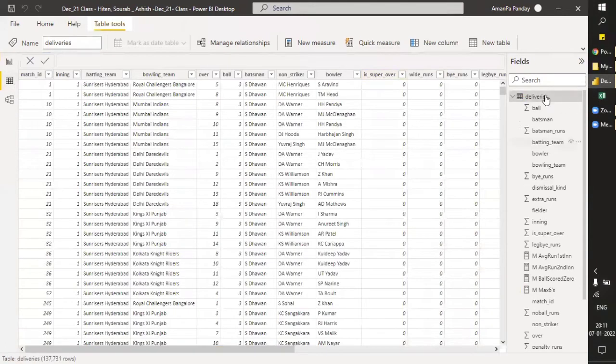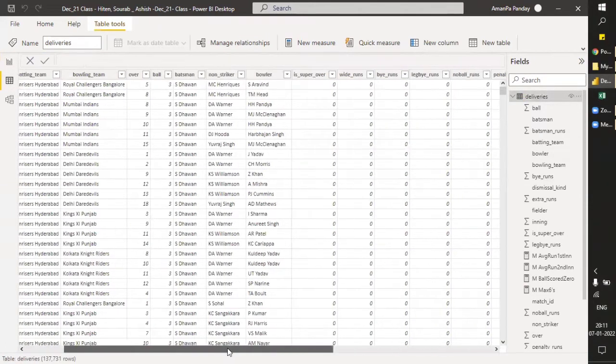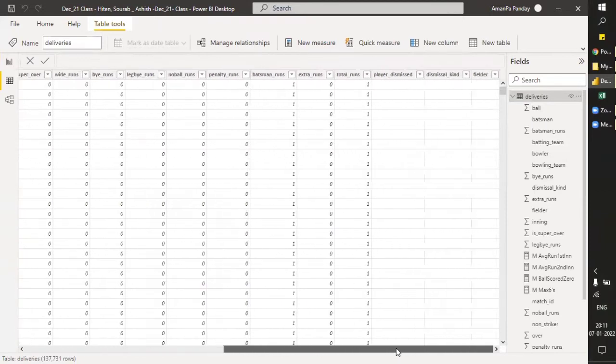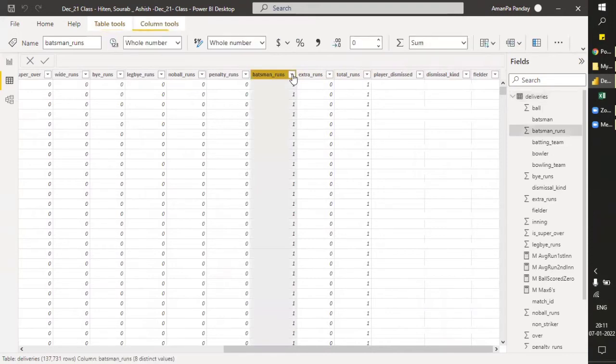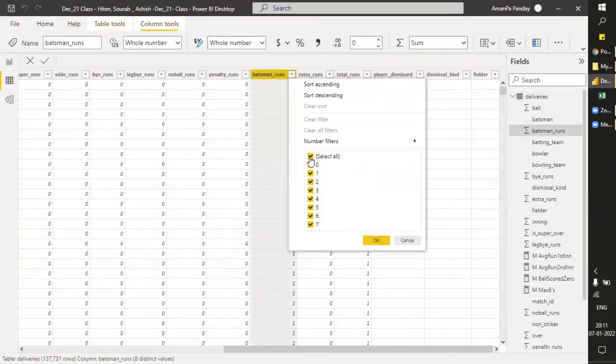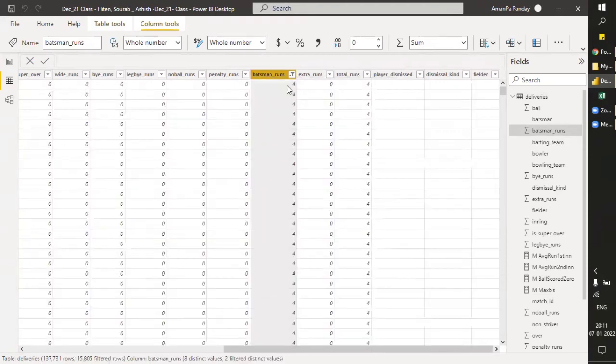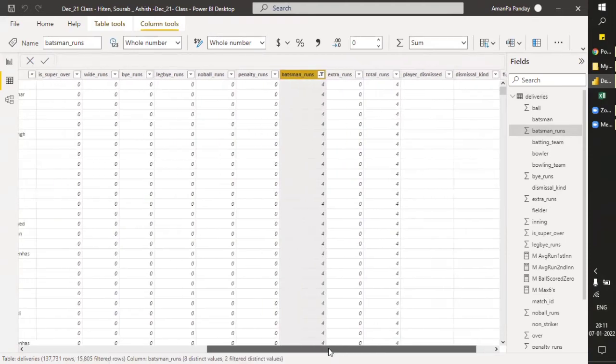If you go to deliveries, we have batsman run here, the runs the batsman has scored. And if we filter this and see, there are 4 and 5. So these are the 4 runs scored by the batsman.